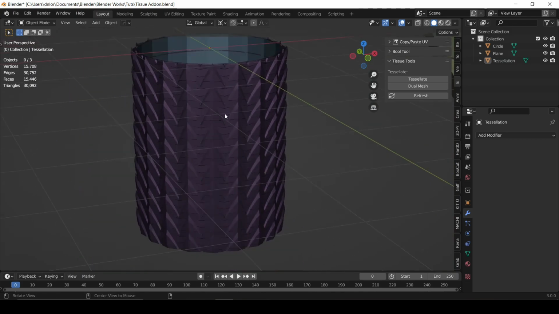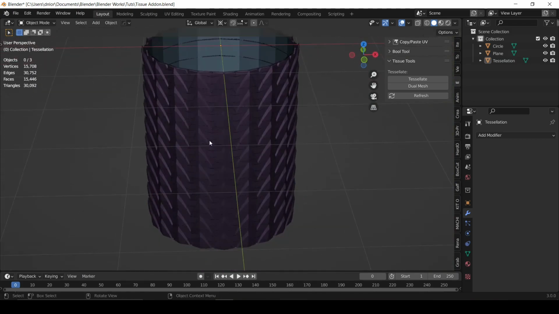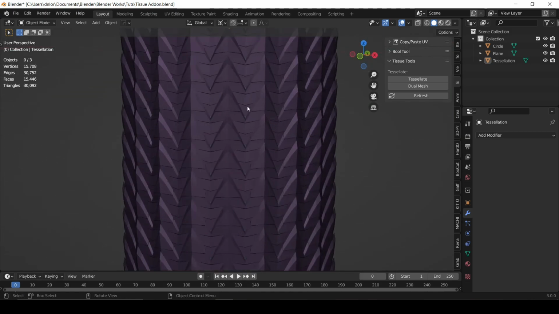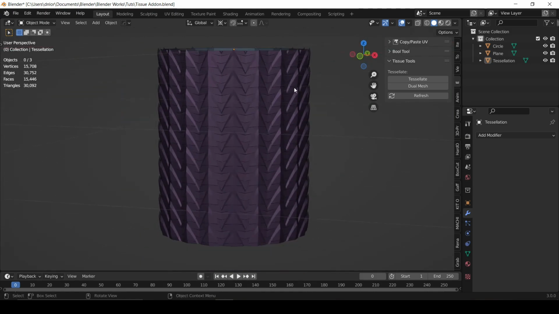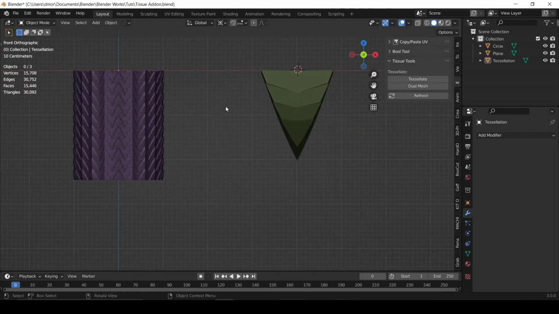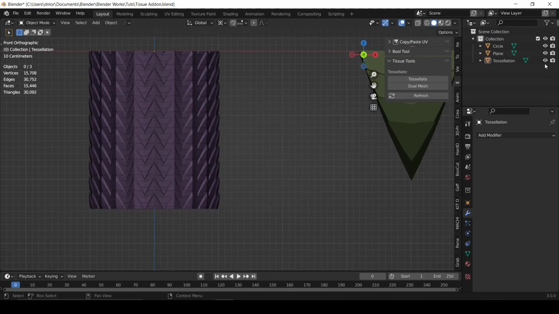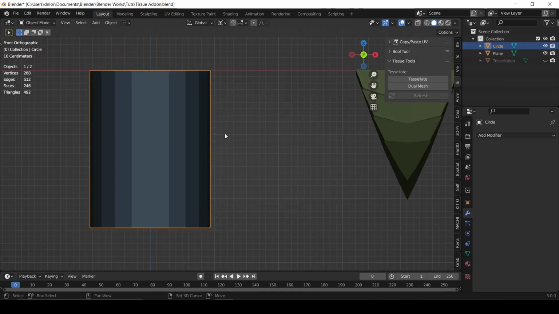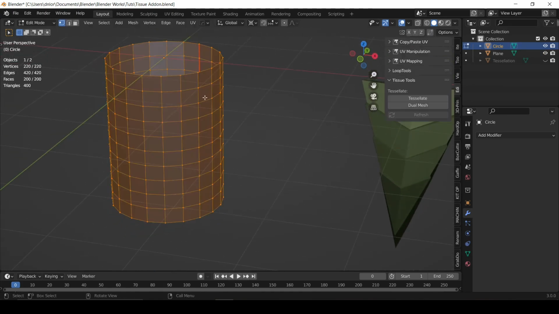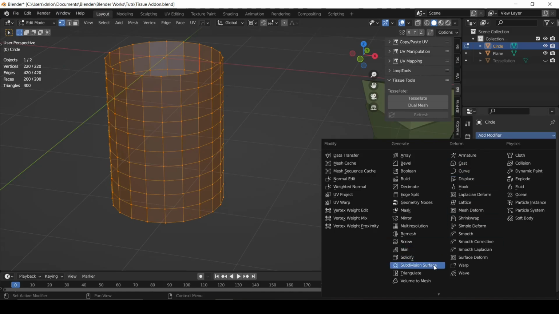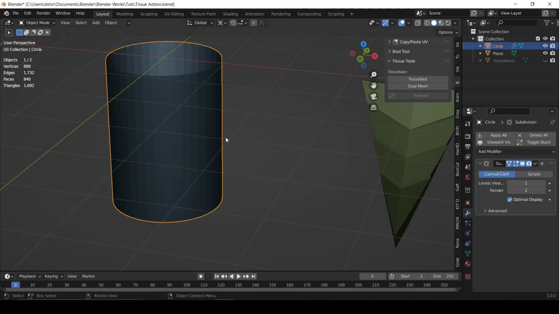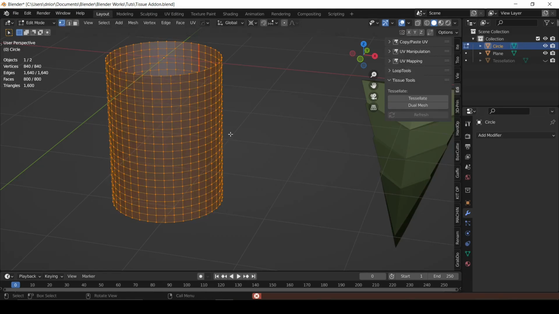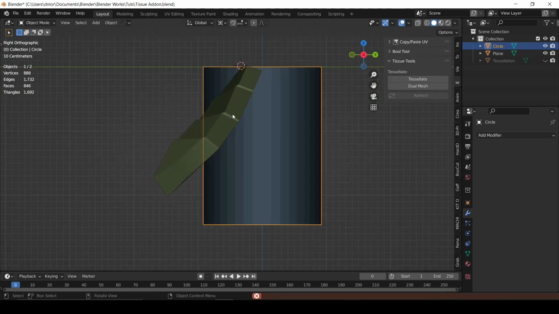If I were in your shoes, I'd probably use the tissue add-on, yeah. And then after this, you could unwrap this, or perhaps you do it on a flat plane, and sort of bake it, and you could do whatever you want with it. And if I hide this, the density of the scales depends on the density of the mesh. So if I add another subdivision surface modifier, and I apply it, and I do this again,